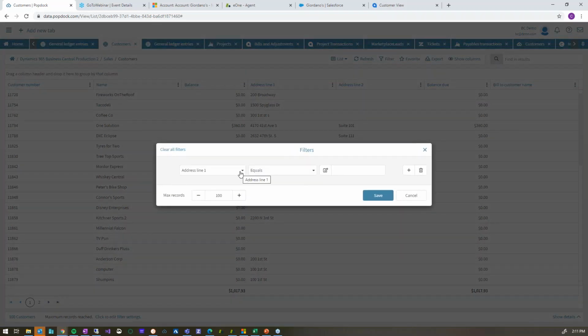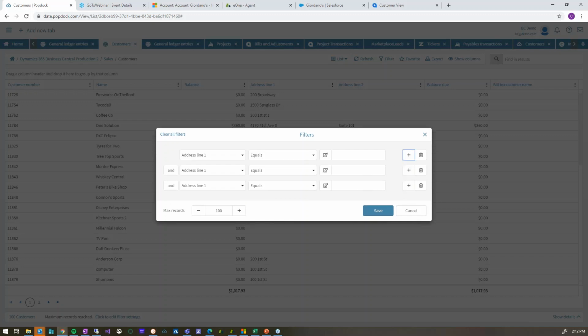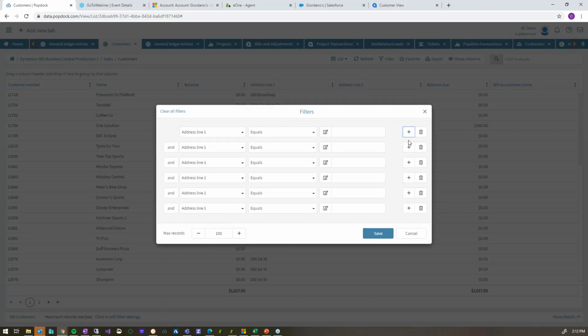This is a really big one. I think a lot of people have run into limitations where they maybe only can do 4 or 5 filters or something like that. You can just keep on mashing on this button and have as many of the criteria as you need. And some of the really cool things that are built in here are things like,